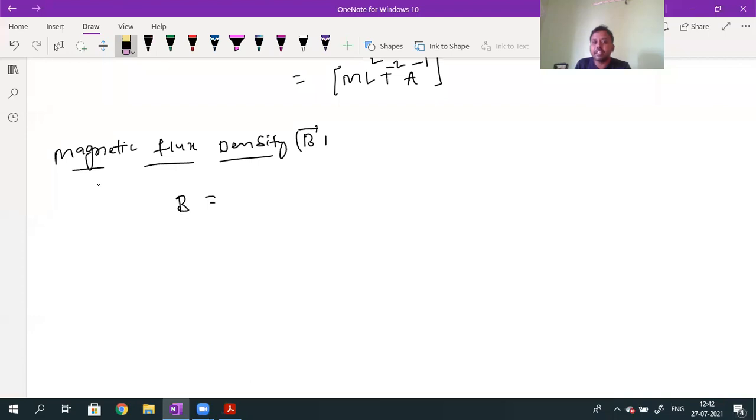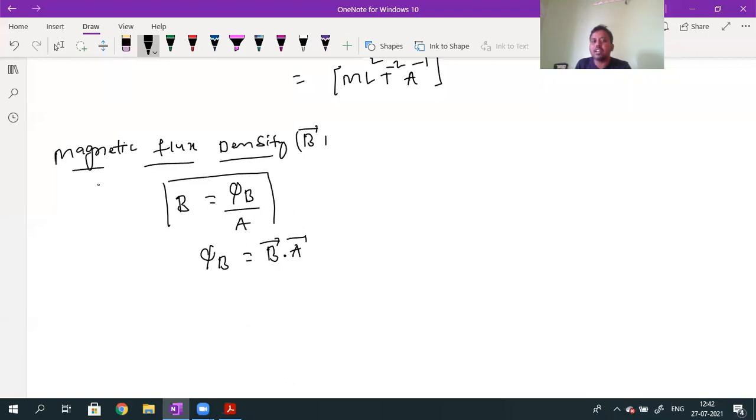It is defined as the magnetic flux per unit area, which can be written as the magnetic flux value divided by the area value given by A. Flux per unit area. There is one more definition for magnetic flux density: B bar is equal to phi B divided by A. From this we can write the magnetic flux value, since it is a scalar quantity, as B bar dot A bar. That will define it. Are you getting it, students?